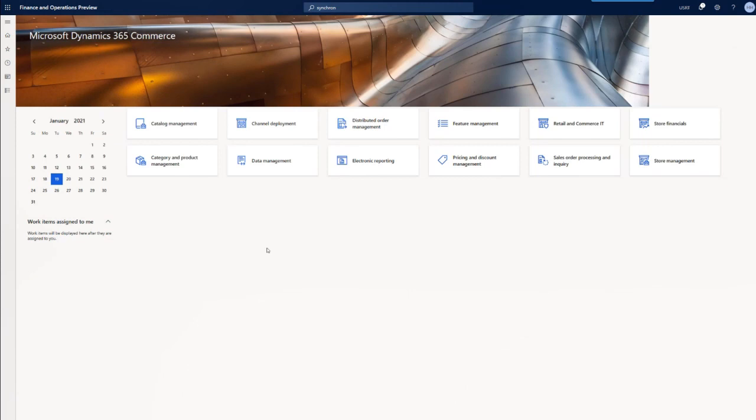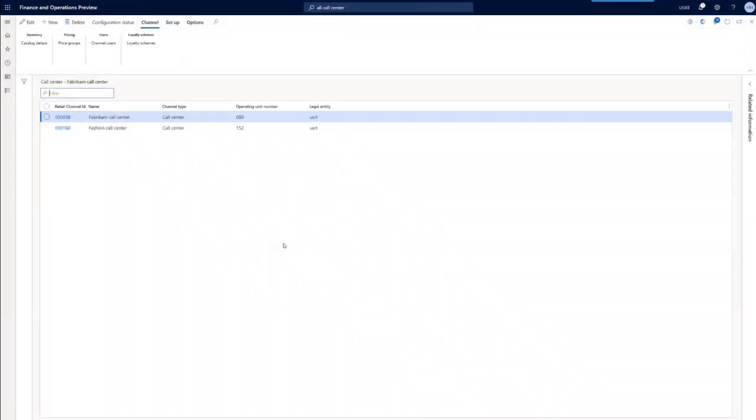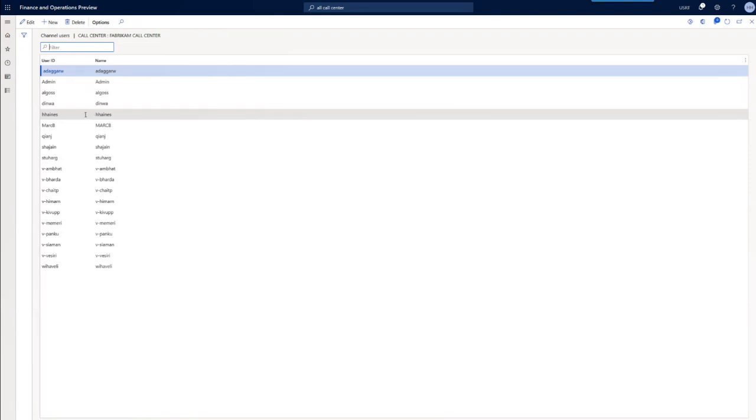So now that we've created the online order, let's switch gears and move to the call center channel. For the purposes of this demonstration, I'm going to log in. I'm logged into the application as a call center user, and I want to just give a little more explanation about what that means. So when you define a call center channel in the headquarters, the call center has channel users. I am logged in right now with my user of 8 chains. And if you look at channel users for the Fabricam call center, we can see that I am a user